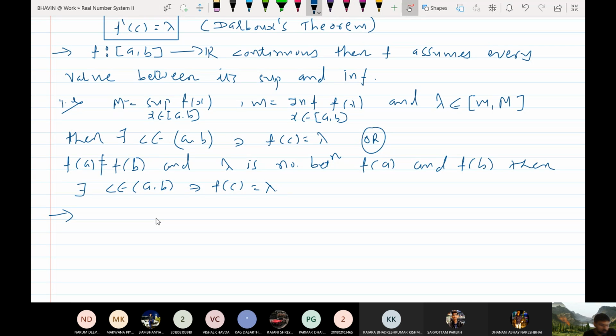You should remember all the statements, because in the examination they ask something like this: state and prove inverse function theorem. State and prove something. Okay, so